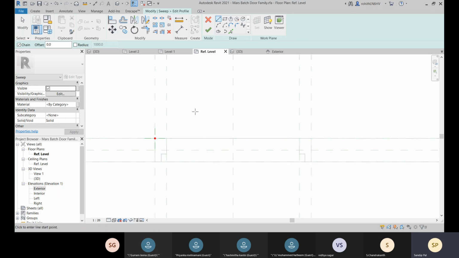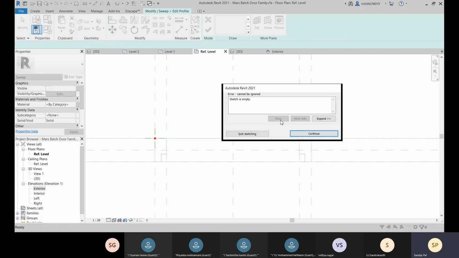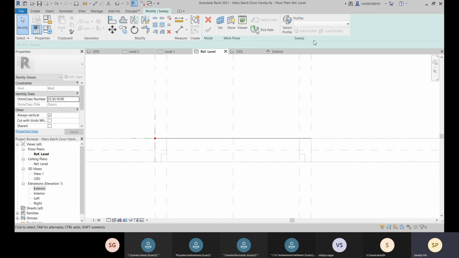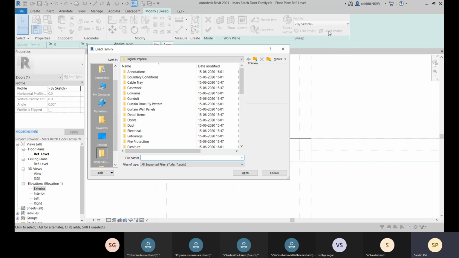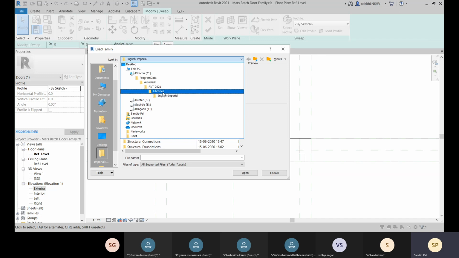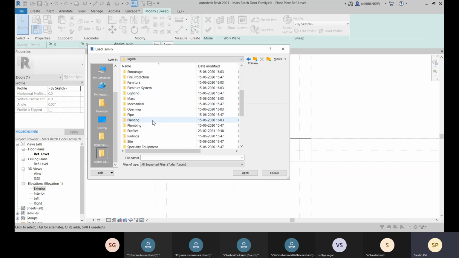So we will not draw it now. We will be loading some profile. We'll go to this load profile option, and within this English, let's see. Come to this profile.